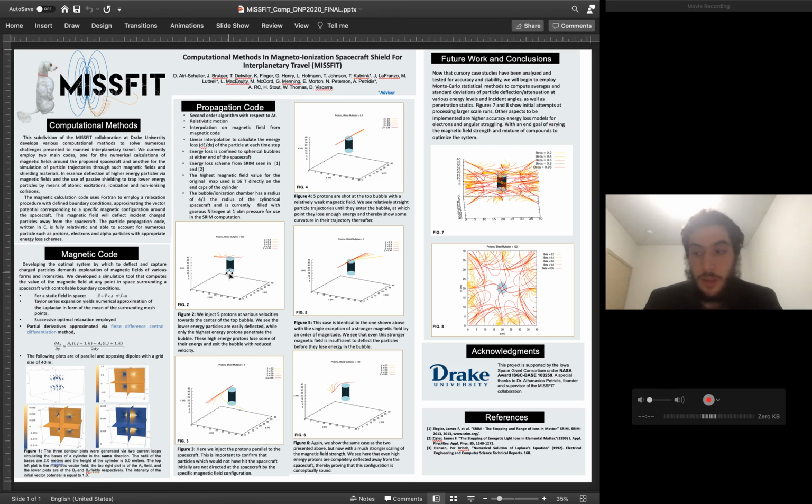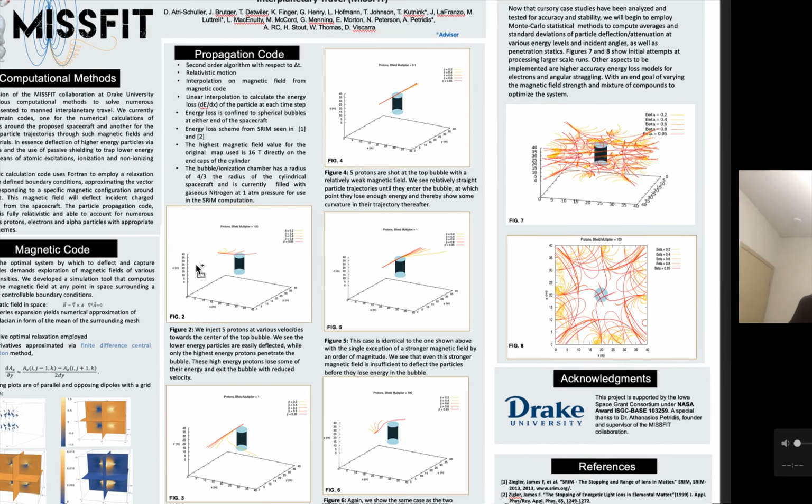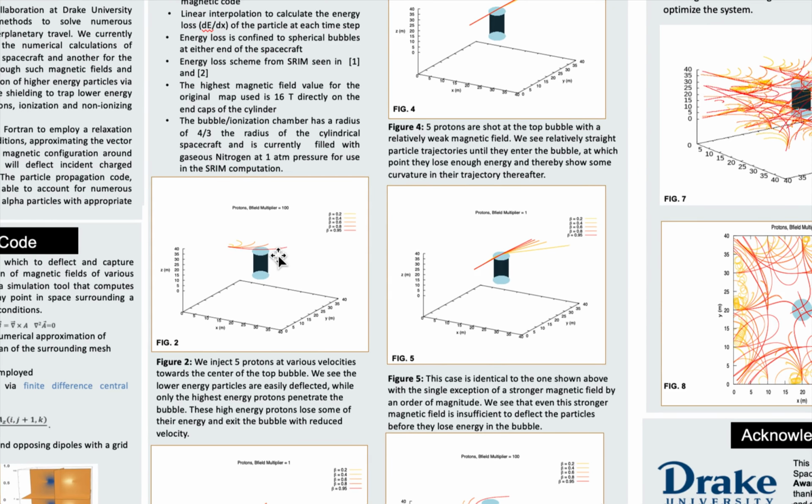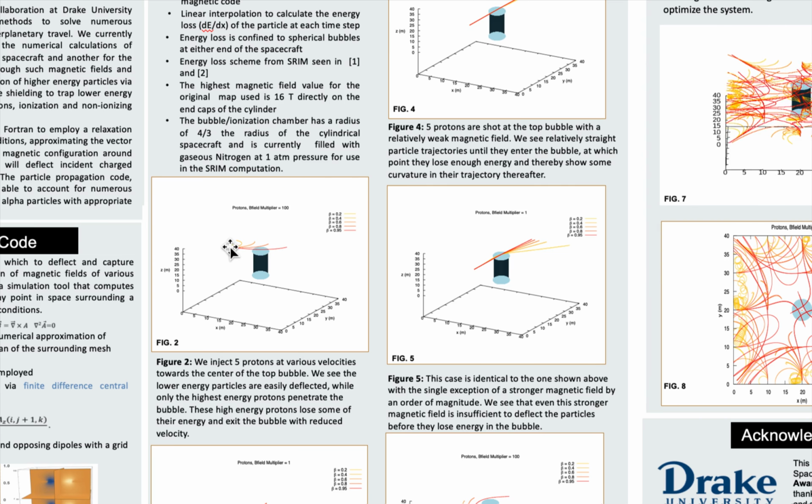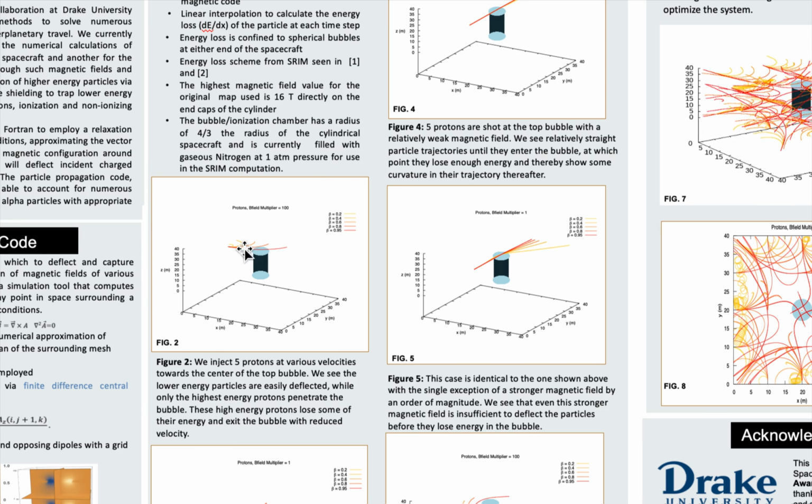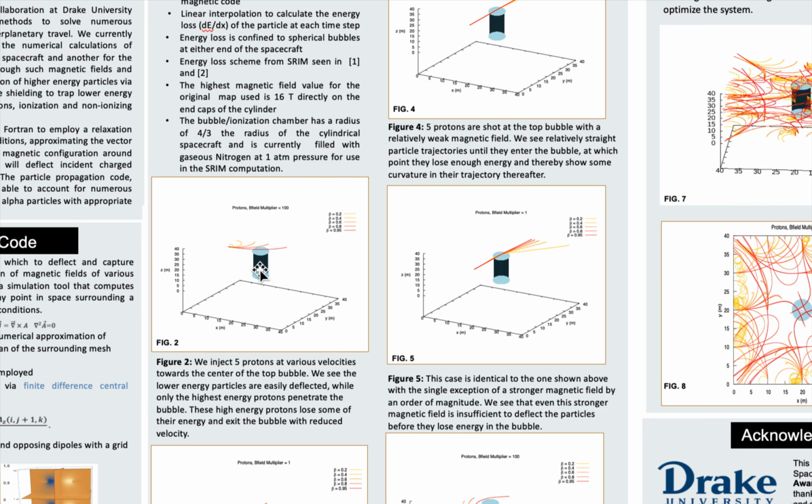So let us consider some of the results briefly. Here we're scaling our magnetic field, which has a peak value of 16 Tesla at the planes where the bubbles stand in the z direction, and we see that higher energy particles, which are aimed directly at the bubble, do indeed penetrate and start losing energy at the bubble, whereas lower energy particles move away from the bubble and never